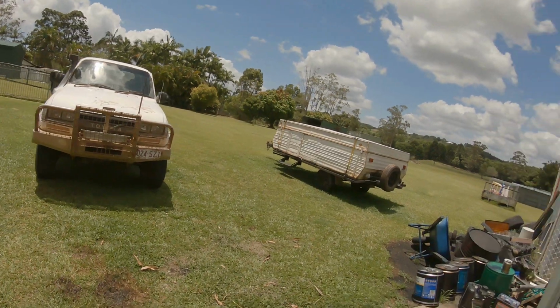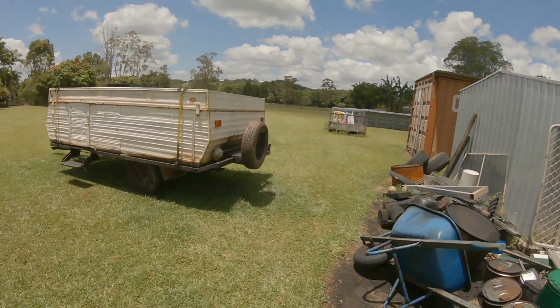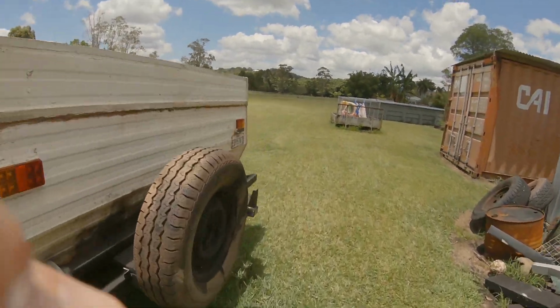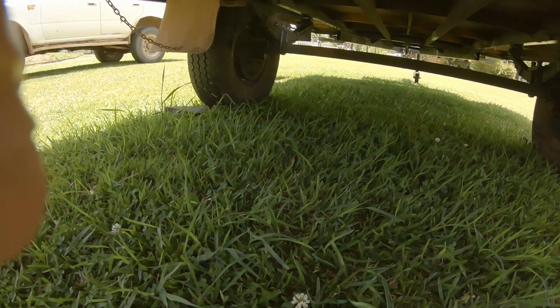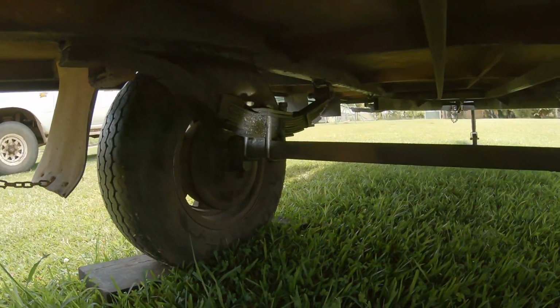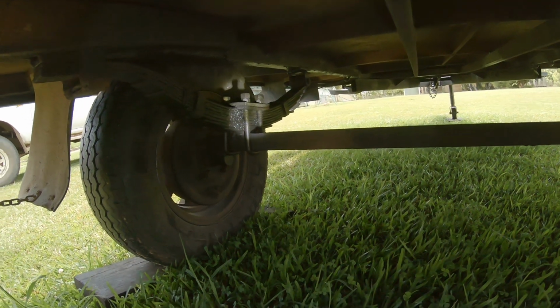Yes, well, today in Tonks Tips, I'm going to hook the old Toyota up to the van and back her up here on the short grass because I want to mow there. And today's little thing, I don't know if you'll be able to see in there, is the U-bolts. These are only mild steel. I've never had any trouble with them over the years,